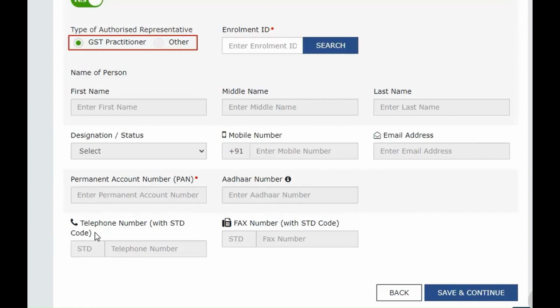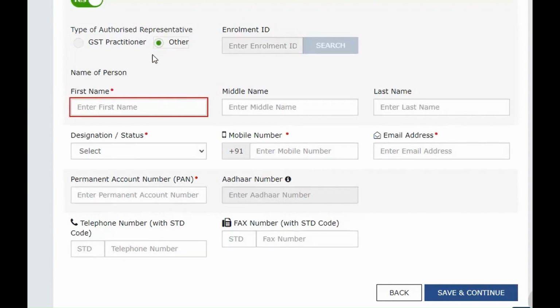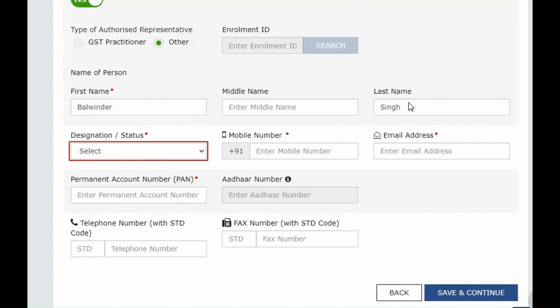In case you select GST practitioner, enter enrollment ID and all details of the authorized representative will be auto-populated from the GST portal. In case you select other, enter details as required.